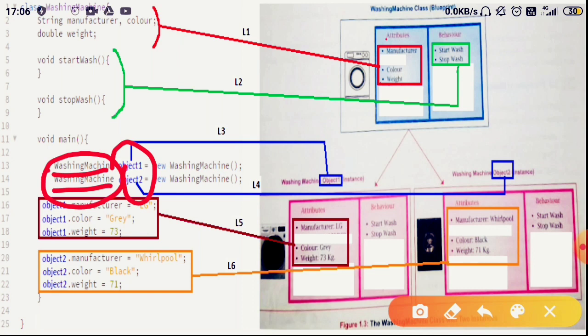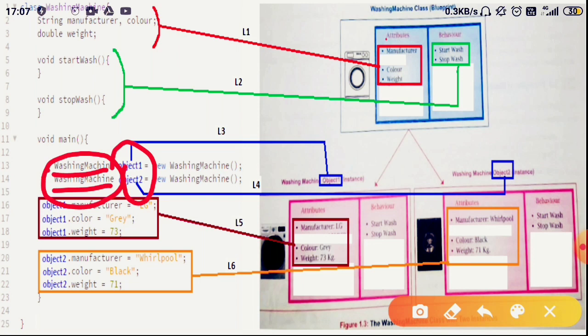From this you can see that we can create any number of washing machines, or any number of objects belonging to the washing machine class. Once you have created the class, you can create any number of objects. That is why the class is known as a factory of objects.